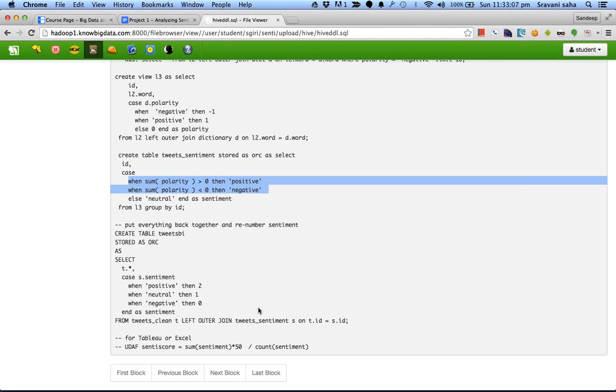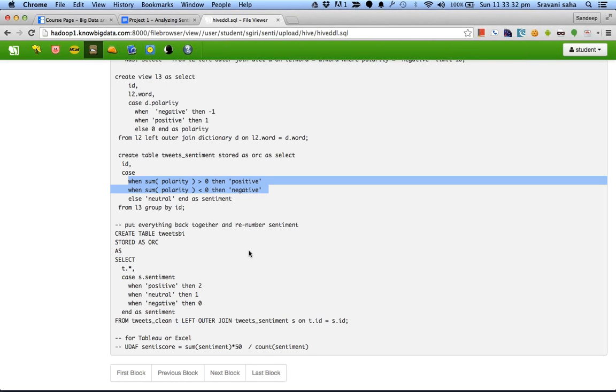All right. So if you see here, basically we are summing up the polarity, and that means that if there are two negative words, it is going to become more negative than positive. All right. So you can change this strategy into even and odd.